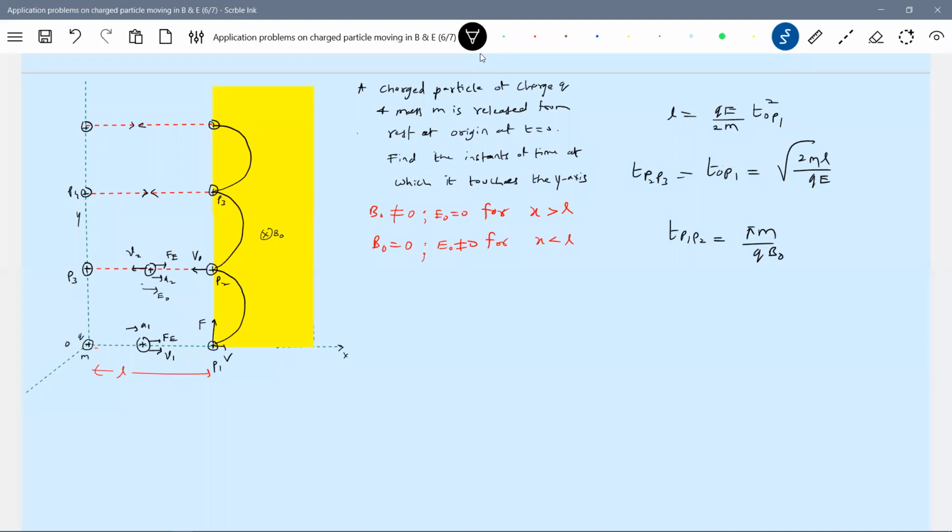So this will be some sort of periodic motion. The particle will go like this. Here first it will accelerate. I think I'm able to describe the complete motion. It is going to accelerate. Now with a velocity v, it will enter the magnetic field. Due to magnetic force, it moves in a circular path. Then again it will leave the magnetic field. Now in the electrostatic field, due to that, it will undergo retardation and come to instantaneous rest. Again the particle will retrace its path, and again will go like this. Then again it will enter the electric field, undergo retardation, come to instantaneous rest, and again it will accelerate. So this is how the path is described.